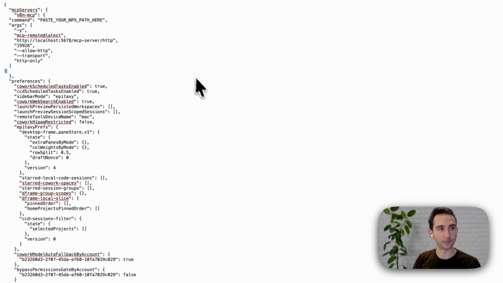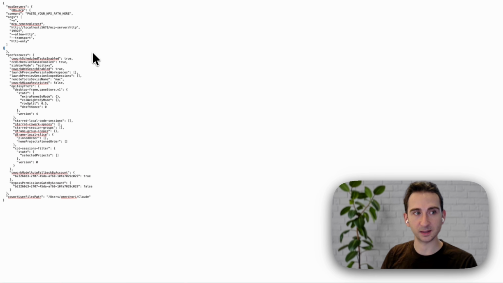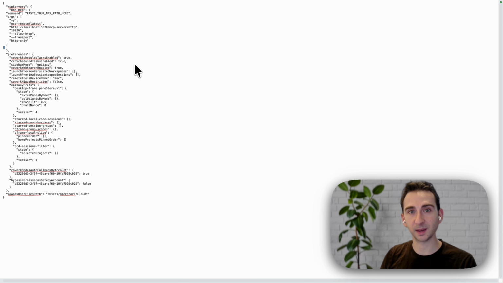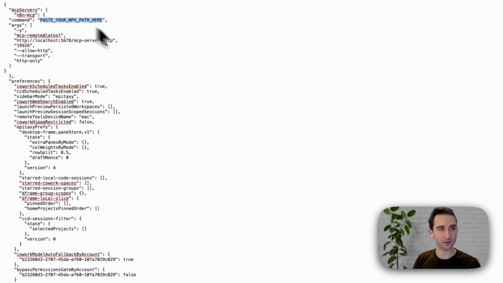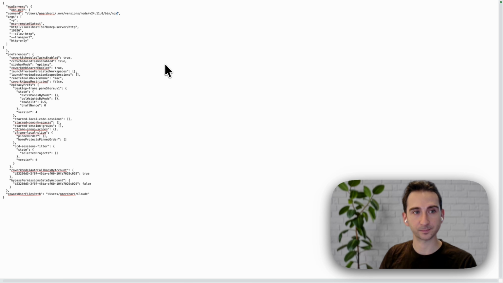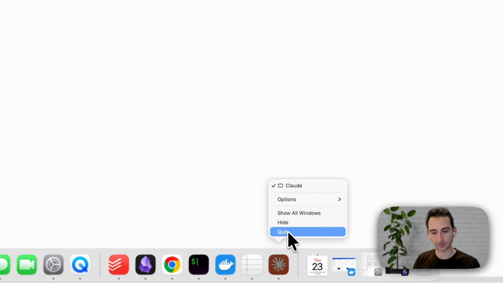So very simple. And because it's going to be executing that npx command on our computer, we need to give it the file path for that. So you're going to paste that in here. Make sure to click Save. Now when we restart Claude,